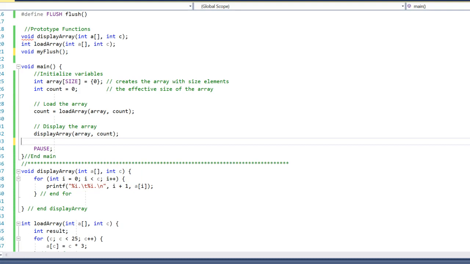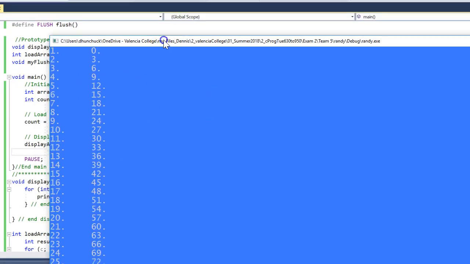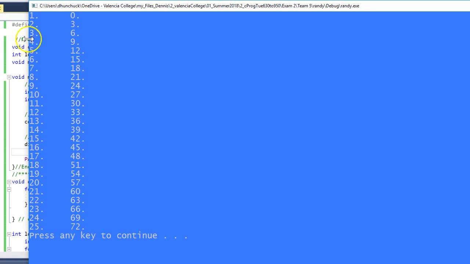Okay, I'm going to wrap this up because I don't want this to be too awful long. I'm going to run it one more time. Here it goes. When I run it, there is the output that we would have expected. I can change this to anything I want, and I'm going to stop. 1, 2, 3, have a